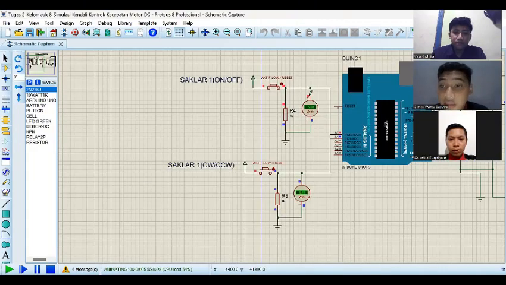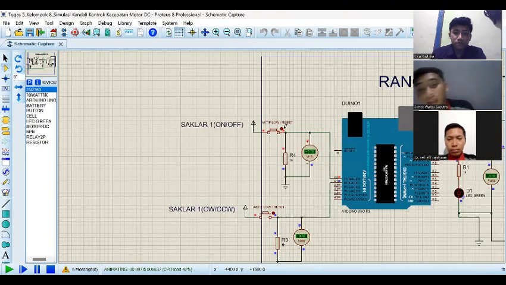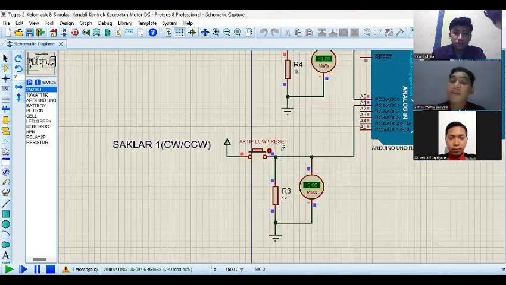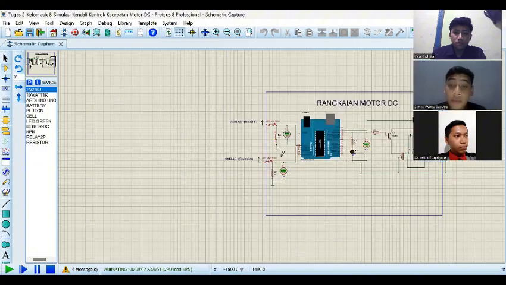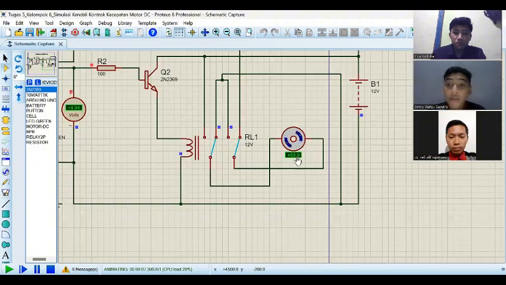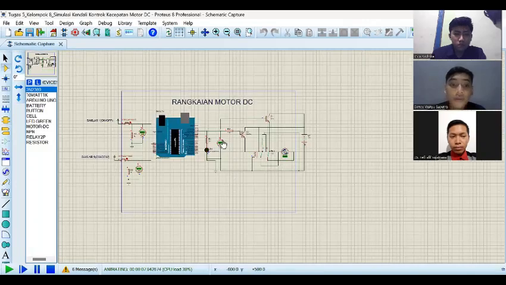Meanwhile, if on the contrary PB1 is not pressed and PB2 is pressed, then the switch will open and the motor will rotate CCW. Finally, if PB1 and PB2 are both pressed, then the switch will close and the motor will rotate CW.